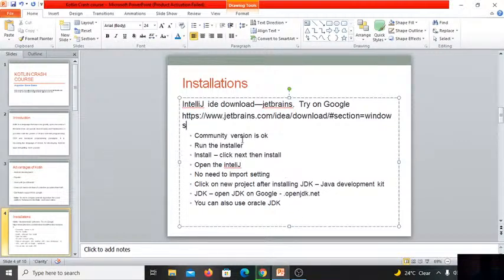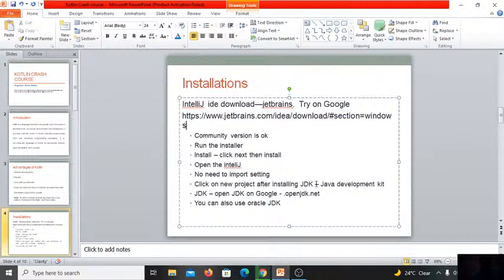So once I'm done, I'm gonna run the installer, then click install, then open it up. Okay, so this is the procedure you're gonna follow to finish it up. So I'm gonna wait for it to install so that I can finish up this process. But while it is still downloading, I'm gonna